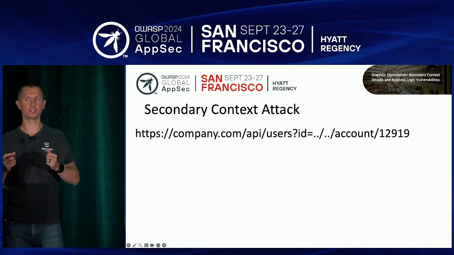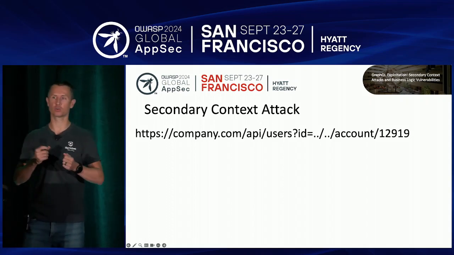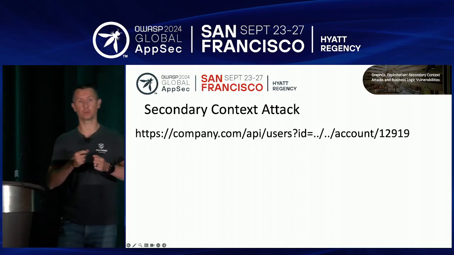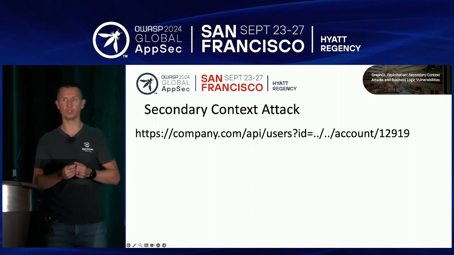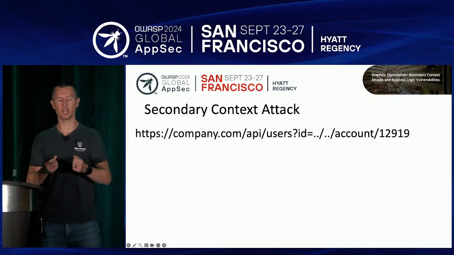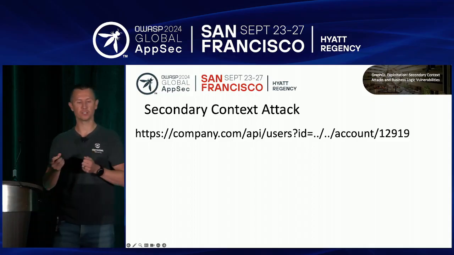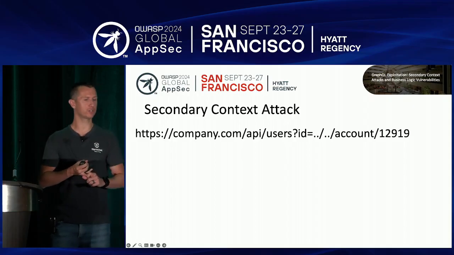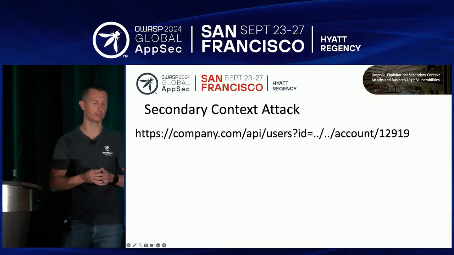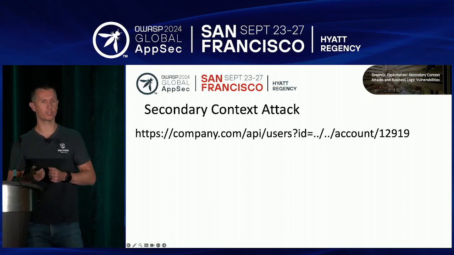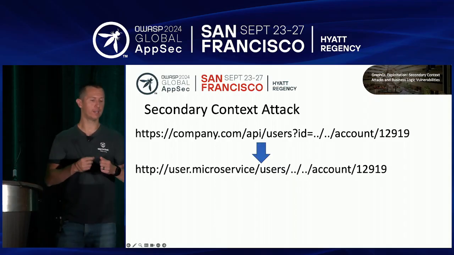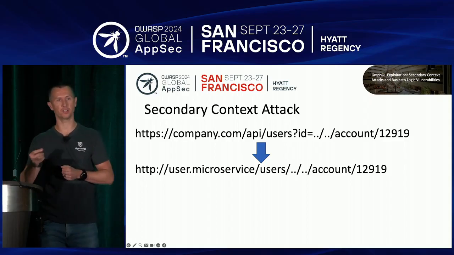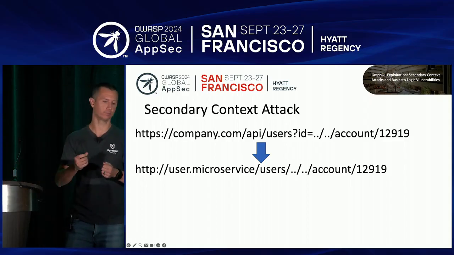In a secondary context attack, we're modifying that controllable parameter, and that could be a post parameter, it could be as part of the path, or in this example, it's the ID parameter, and we're replacing that parameter with a path traversal followed by a different location that we want to access as the attacker. And so when that request reaches the backend for front end, it now becomes user.microservice/users/... account